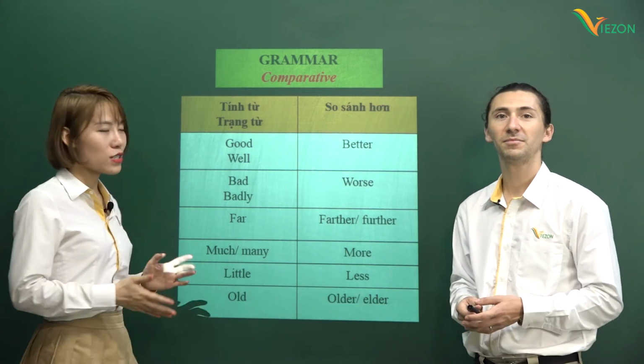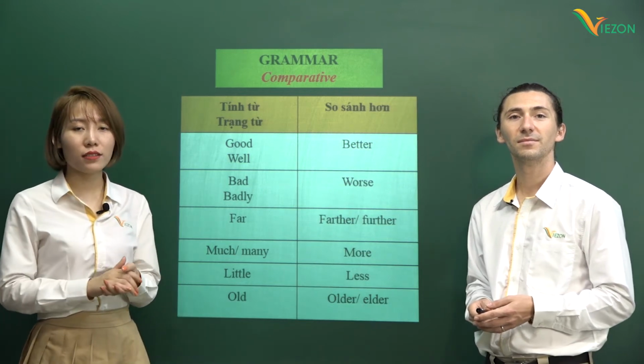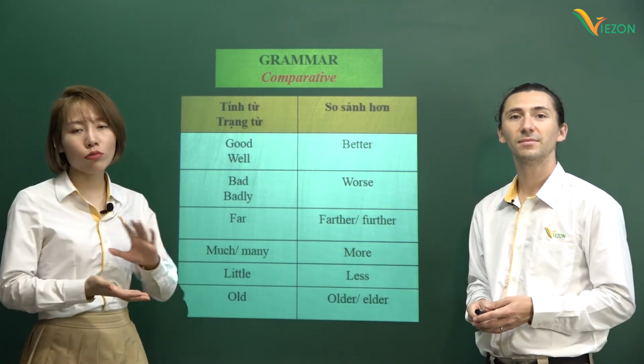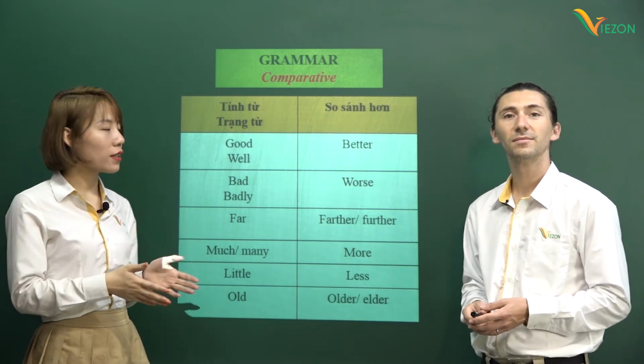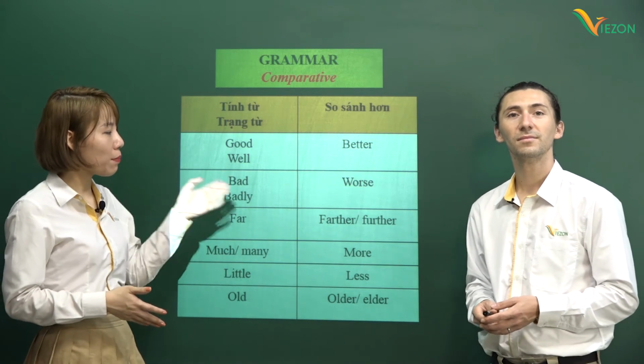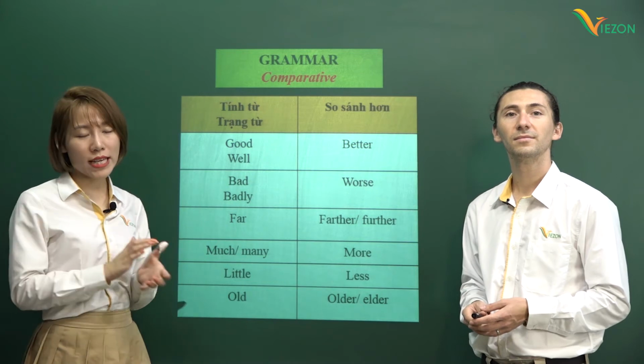Teacher Hien: Vừa rồi là thầy Manny đã đưa ra cho chúng mình đó là bảng những tính từ hoặc là trạng từ đặc biệt, có nghĩa là những tính từ và trạng từ không theo quy tắc khi thêm er giúp cô. Bây giờ khi chuyển sang dạng so sánh hơn thì những tính từ và trạng từ này sẽ chuyển thành better, worse, farther hoặc là more, chứ không phải là thêm đuôi er như bình thường.